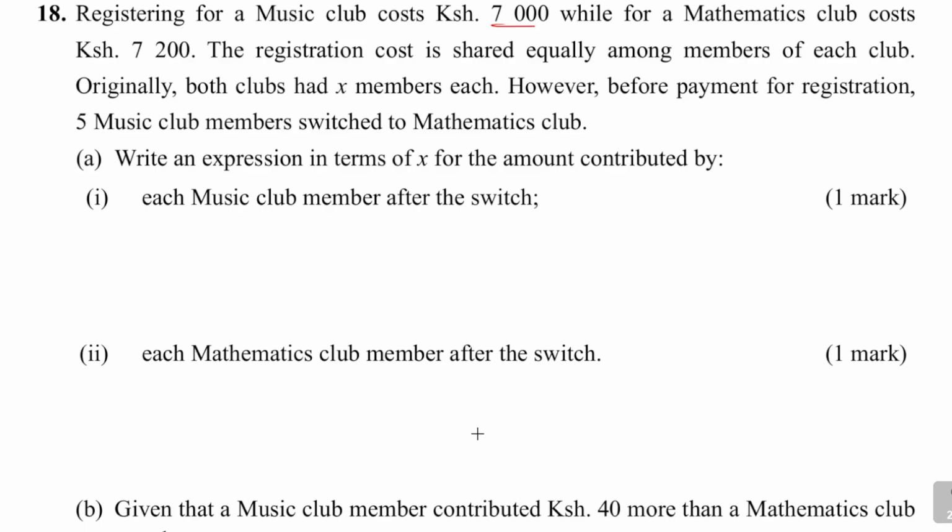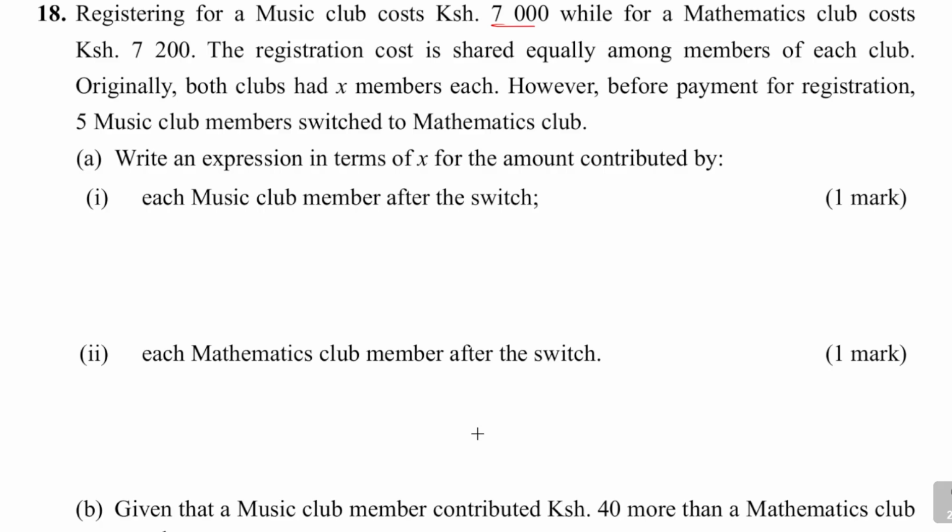Registering for a music club cost 7,000 Kenya shillings, while for a mathematics club cost 7,200 shillings. The registration cost is shared equally among members of each club. Originally, both clubs had X members each. However, before payment for registration, 5 music club members switched to the mathematics club. Part A of the question: write an expression in terms of X for the amount contributed by